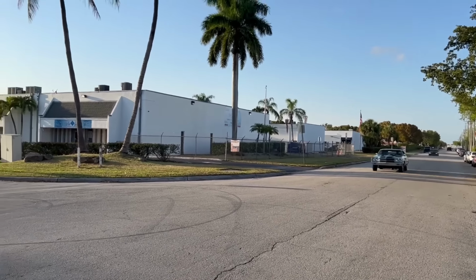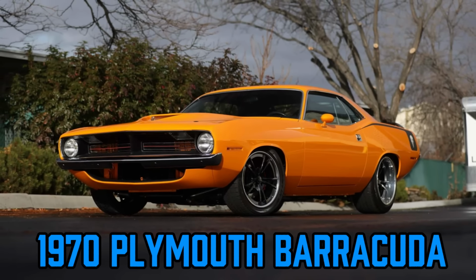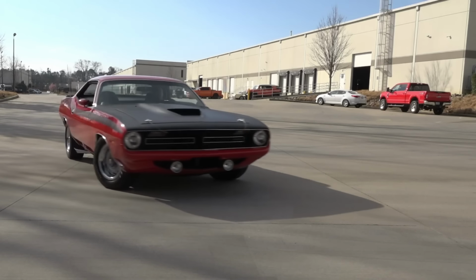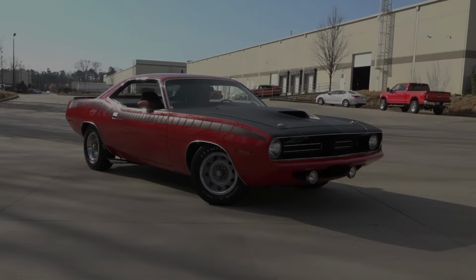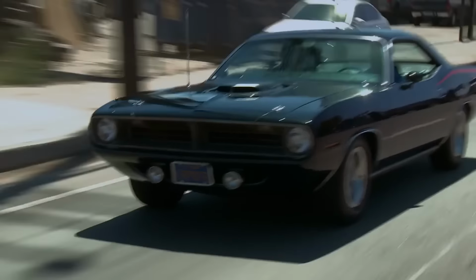Let's go. The roar begins now. 1970, Plymouth Barracuda. Get ready, my friends, because what you're about to witness is pure adrenaline wrapped in metal and muscle. In 1970, Plymouth didn't just want to compete in the muscle car wars, it wanted to shatter every notion